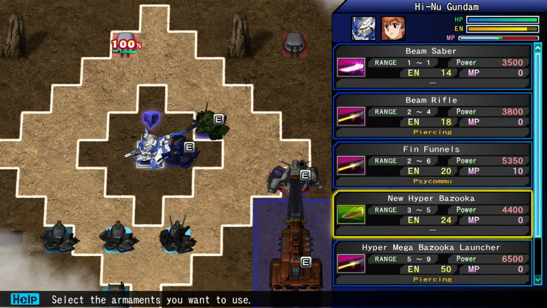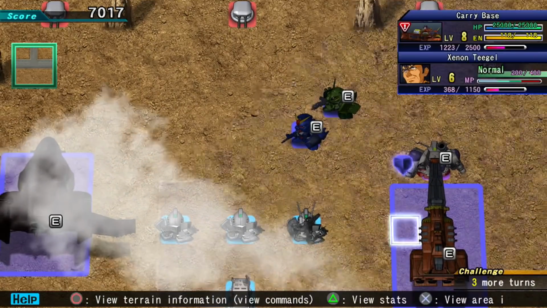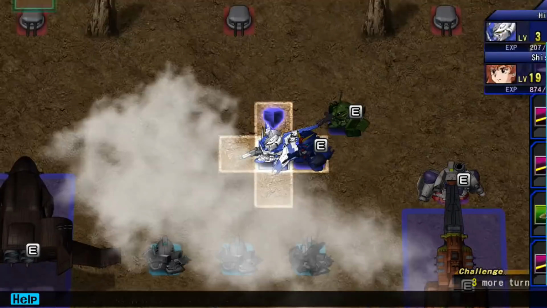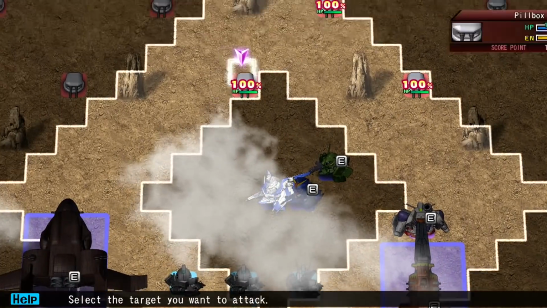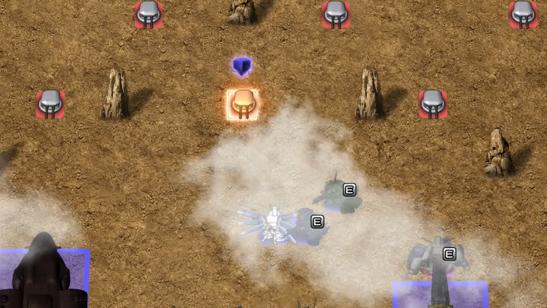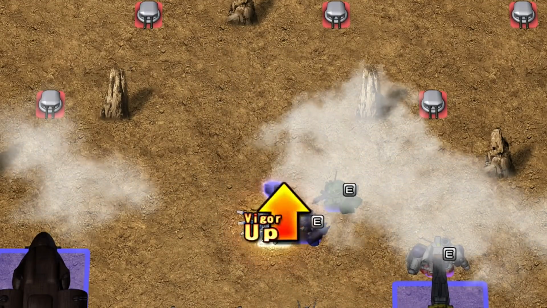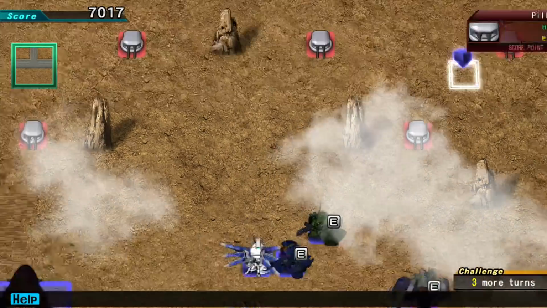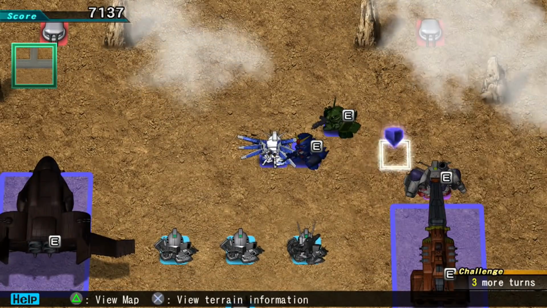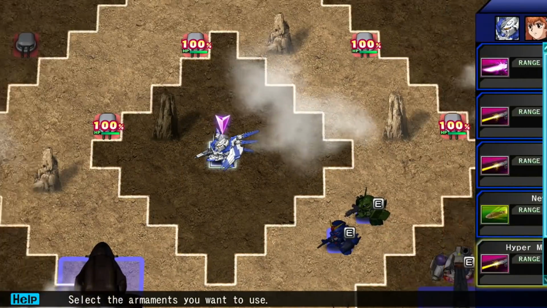How many hit points do those things have? 10k. I think I can use the Hyper Mega Bazooka launcher on it. The non-map version, of course, so let's fire. Yep, that's one. But yeah, like I said, I'm going to leave those 4 alone because I want to get Mark to drop a nuke on the 4 of them next turn, so...